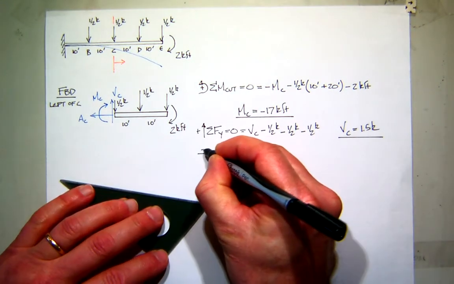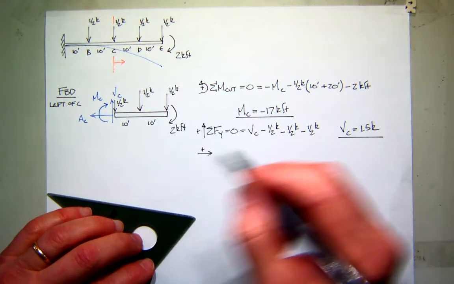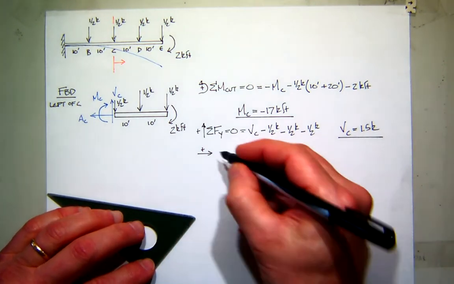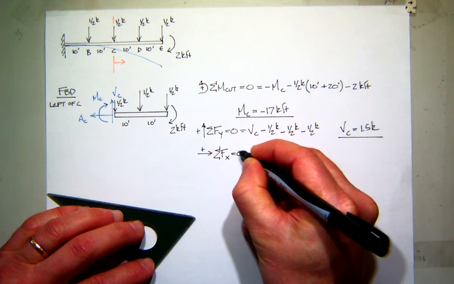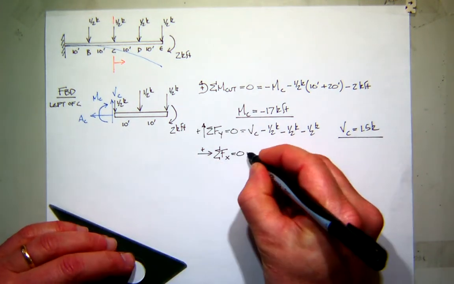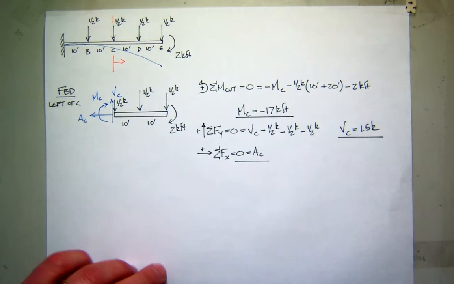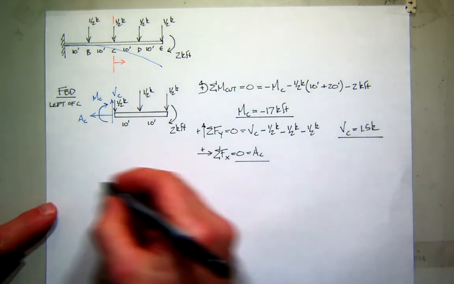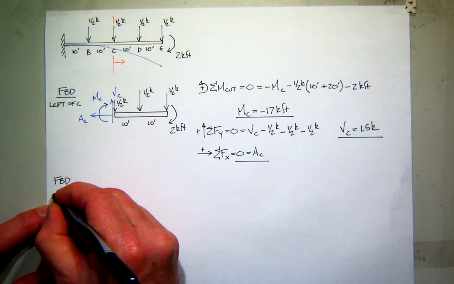I'll just say incorrect's not the right word. It would be a different problem, kind of. So let's go ahead and I'll clean this up by just saying I'll sum forces in the x direction. All I have is the axial force. In this case, it's 0. So let's see what happens when I draw the same free body diagram, except I'm going to go to the right